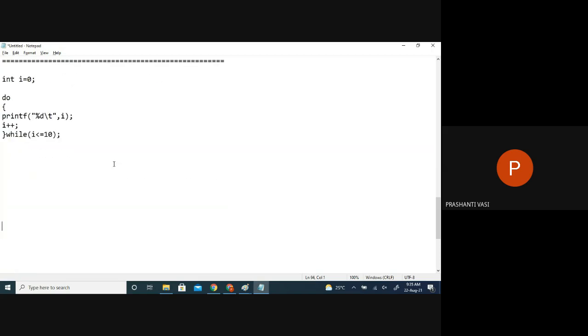Right? Any confusion with these three syntaxes? Because in data structures with linked lists, we'll be using the while loop a lot. We'll use the while loop for looping or traversing over the list elements. Or we'll be using a concept called recursion for traversals.